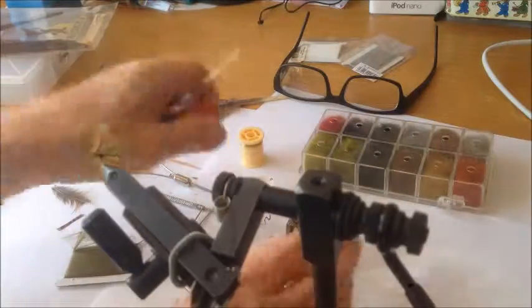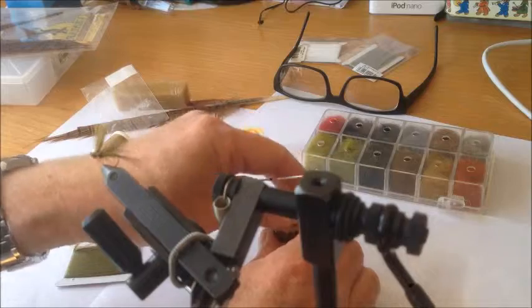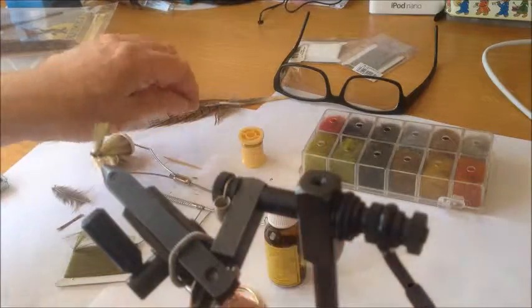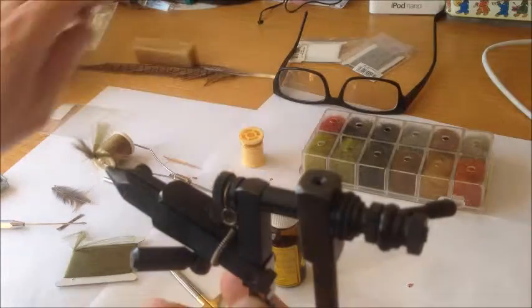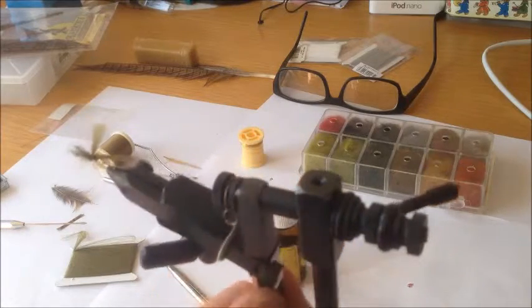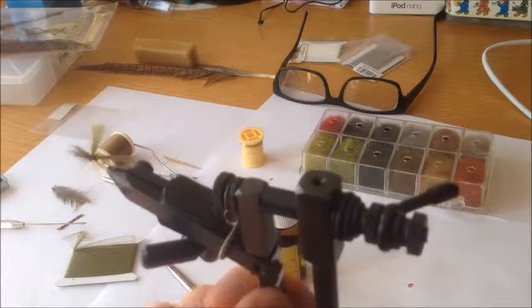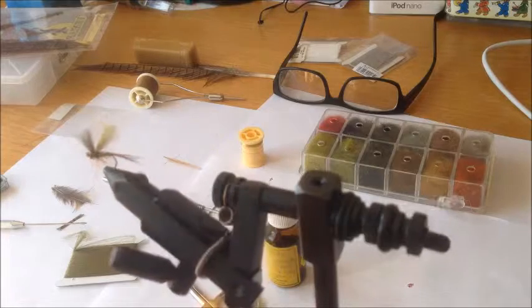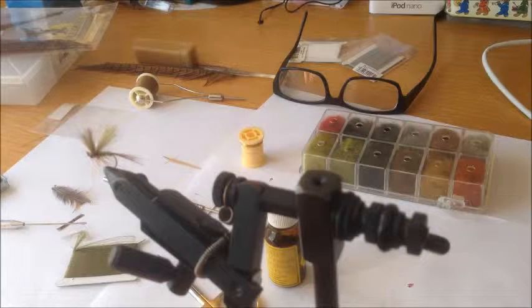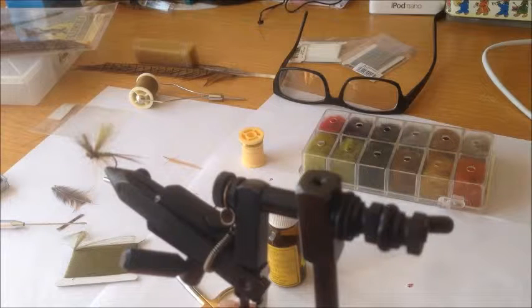And there is my dry fly finished and ready to go use on the fish. So I'll just rotate it a bit so you can have a good look. You can see there the fly wings are standing nicely up, and the fly is very successfully tied and very strong. You could use this fly and fish with it the whole day without it falling apart or being water